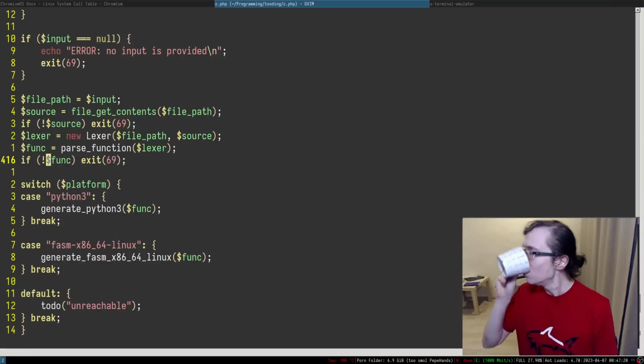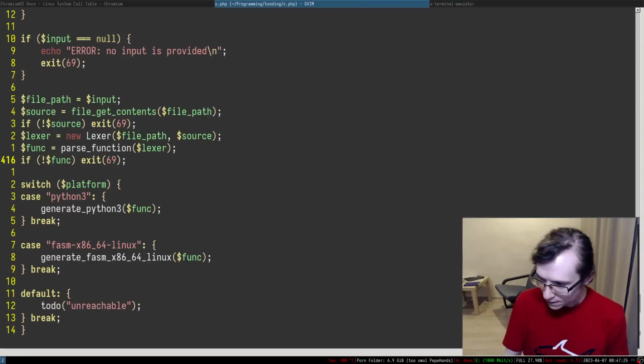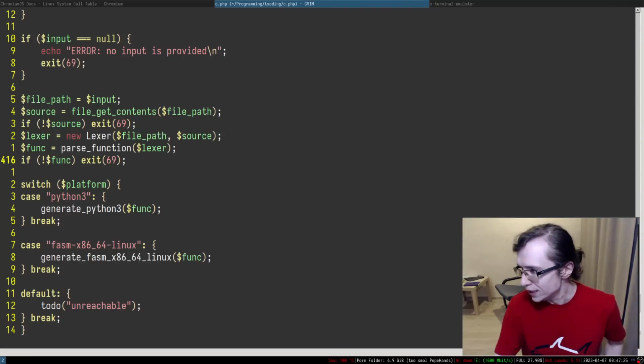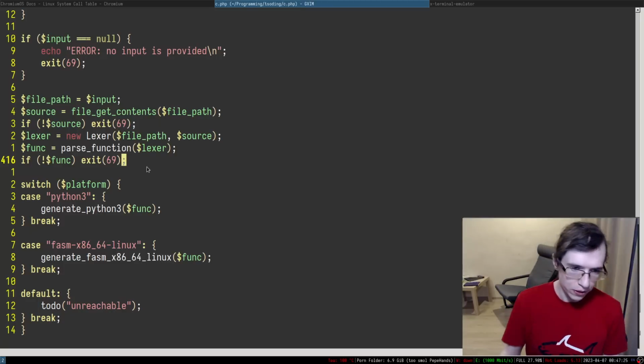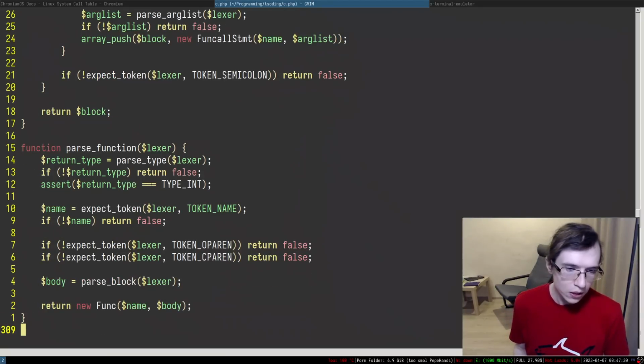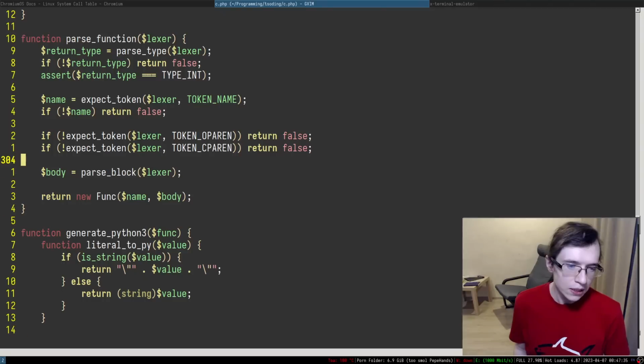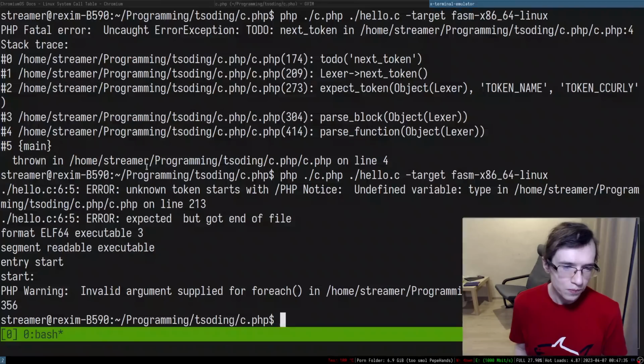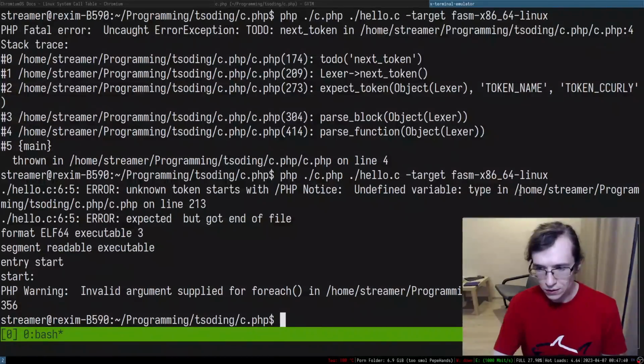Why didn't it do that? I'm really surprised. If I go to the parse function, did it even say anything? Okay, unknown token starts with that. So it actually printed more stuff.